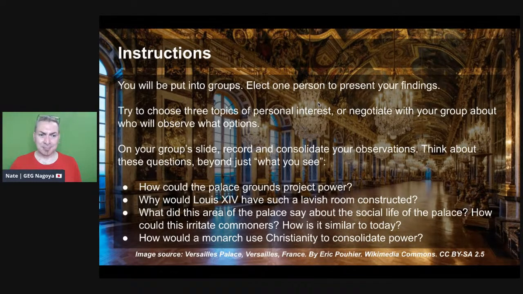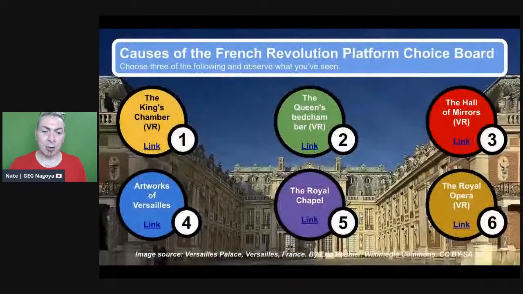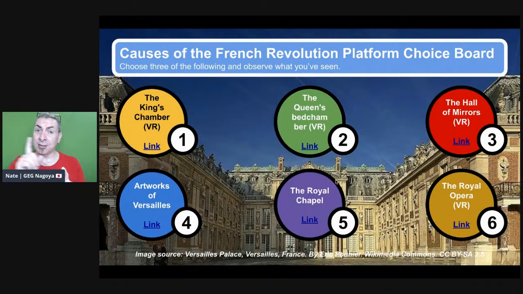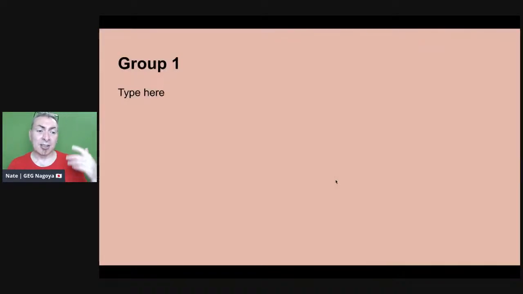My point is the activity. So in this case, I put the students in groups and I gave them these questions to talk about as a group. And what they did was elect someone to present to the rest of the class. So there was an element of collaboration, an element of thinking, and they were working on the same slide deck. So I've got 1, 2, 3, 4, 5, 6. And so group 1 works on this slide. Group 2 works on this slide. 3, 4, 5,